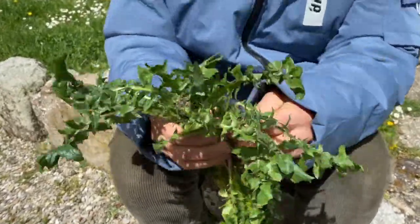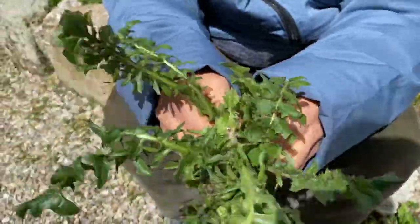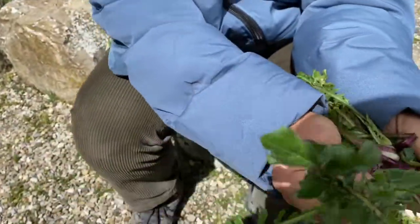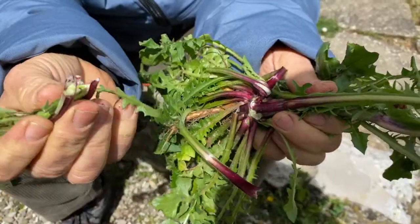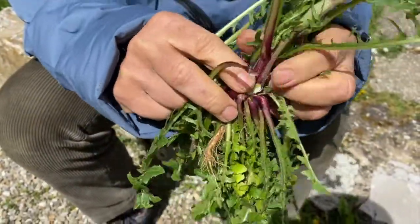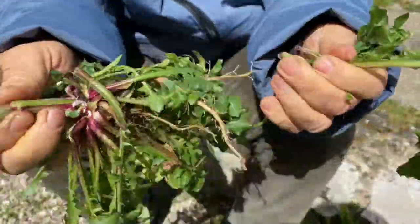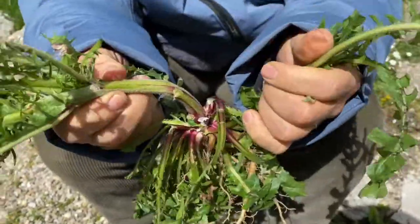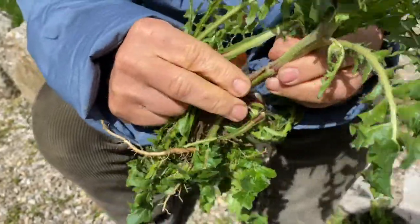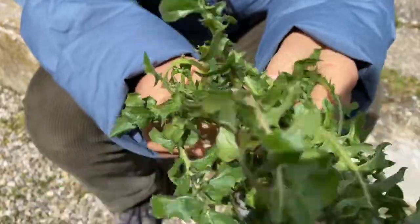So what is helpful is, when you detach it, you open it, so that you see, you make small pieces and it doesn't remain attached here, because mainly here where the stem is thickened, it starts to ferment and then it can even rot. So therefore I open it. And you open it as much as you can,